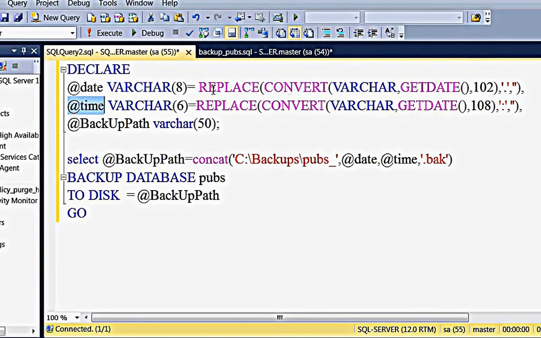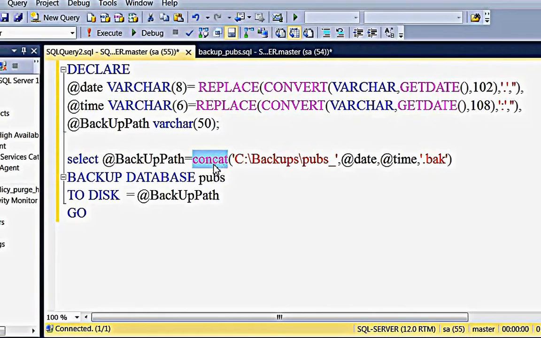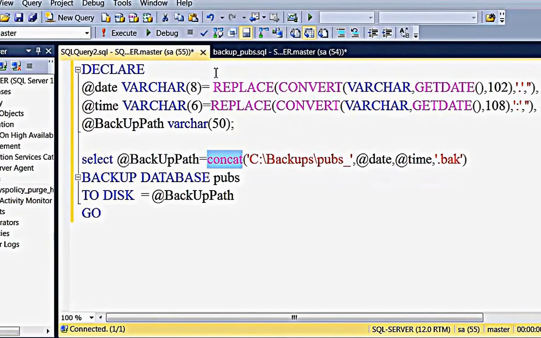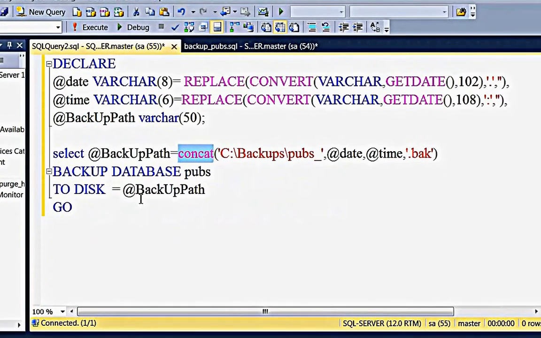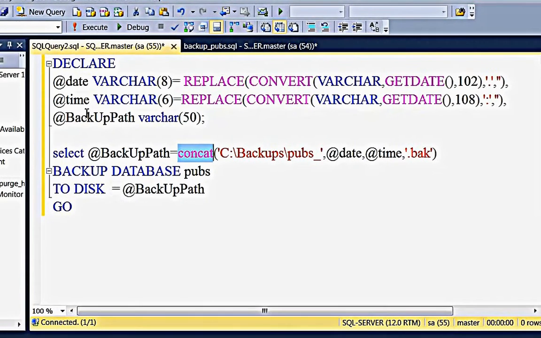But this date and time I have to concatenate so that I can generate the client requirement format. When I execute this statement, it will create a backup in the backups folder with the client requirement format.